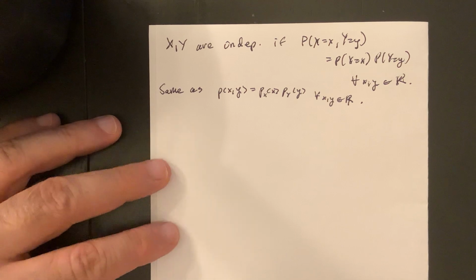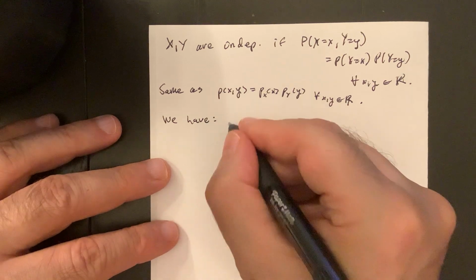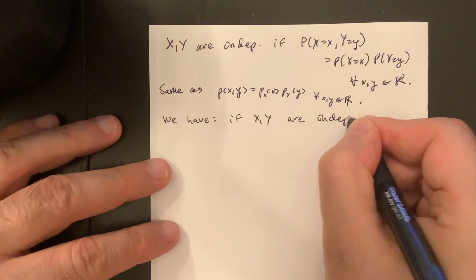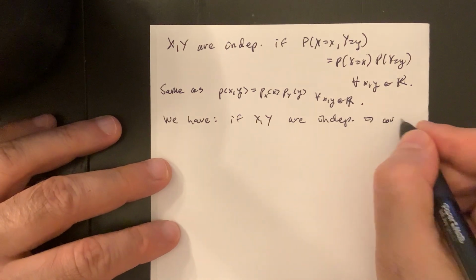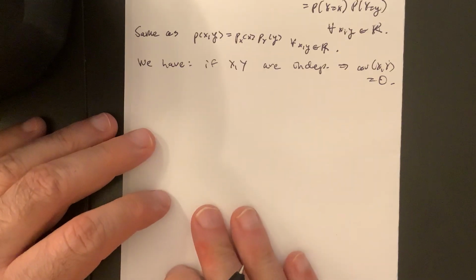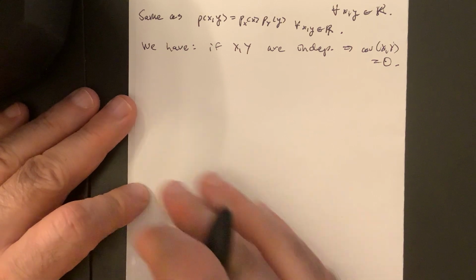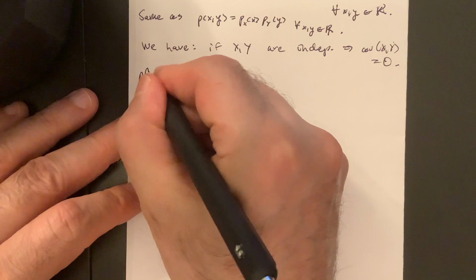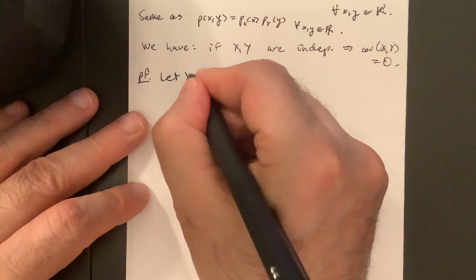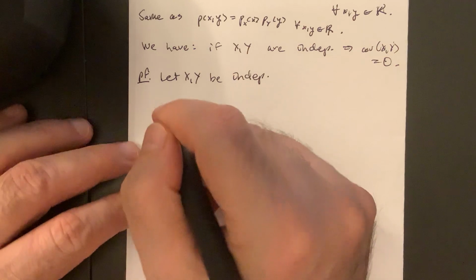Now, we have: if X, Y are independent, then the covariance of X, Y must be 0. Okay, this is very useful, as we will see. So, proof. Suppose, let X, Y be independent. Okay, then